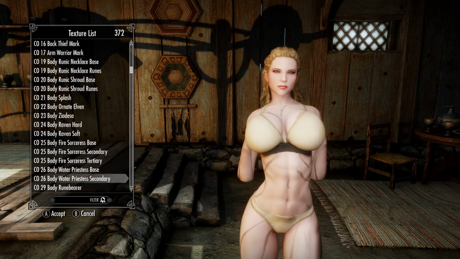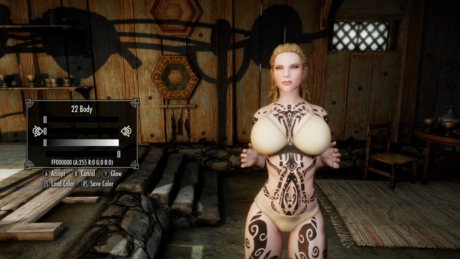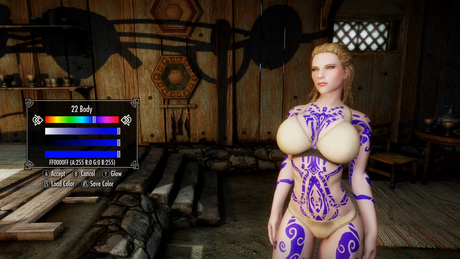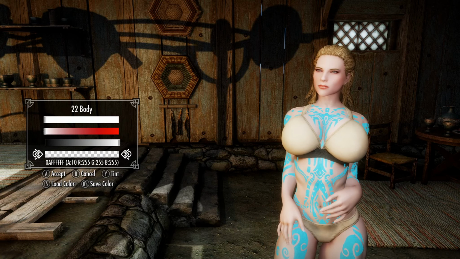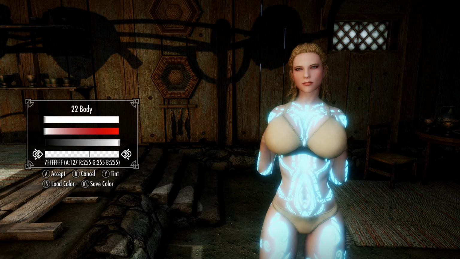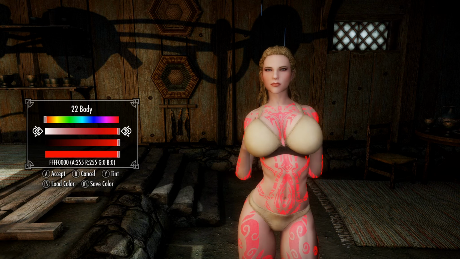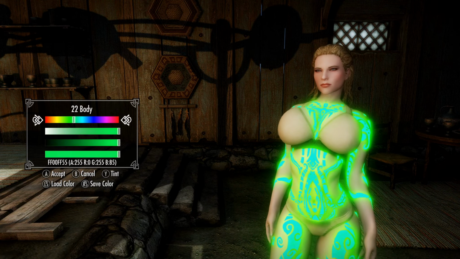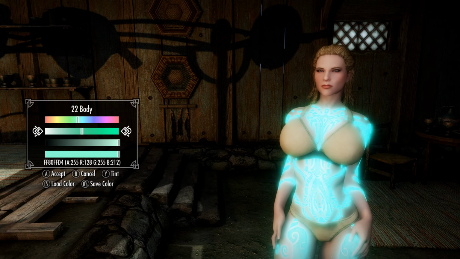You can see you can get a whole range of different tattoos. And again, you can change the color on the fly. And then you actually have an option for glow. So if you want your tattoos to glow, you can pick the intensity on which you want them to glow, all that good stuff. And depending on the type of ENB you have will dictate how your glow looks, whether